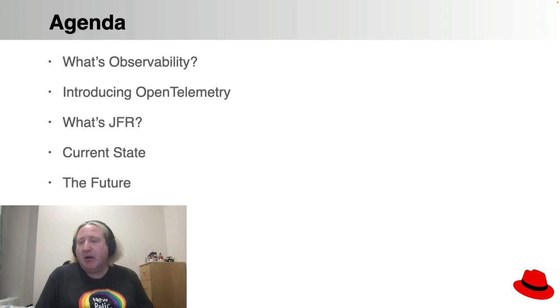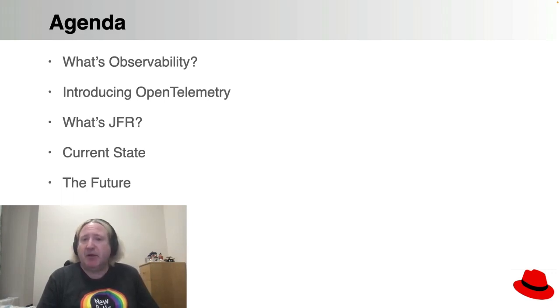I want to explain OpenTelemetry, which is an open source project and a set of open standards which fit into the general framework of observability. And then with those two bits of theory in hand, we can turn and look at a technology called JFR, or JDK Flight Recorder, which is a fantastic piece of engineering and a great source of data that can be really, really useful for Java developers who care about observability. Then we'll take a quick look at where we are, take the temperature of our current status, and then we'll talk a little bit about the future and roadmap, because I know that developers always love that.